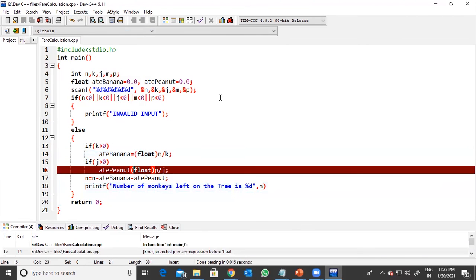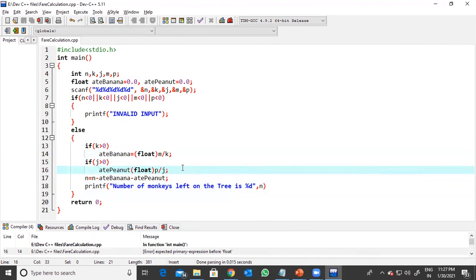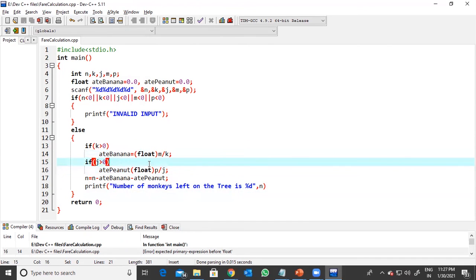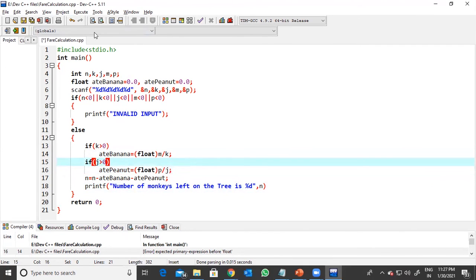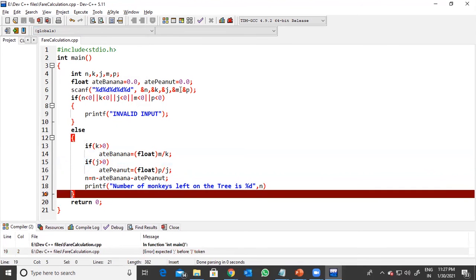Let's try to compile it and run. There it is saying in function int main expected float. Okay, float spelling is wrong. No, float spelling is right only. So what is wrong over here? There is an equal to sign missing, if you have noticed that. Great, so that was the missing part. I missed that equal to sign.